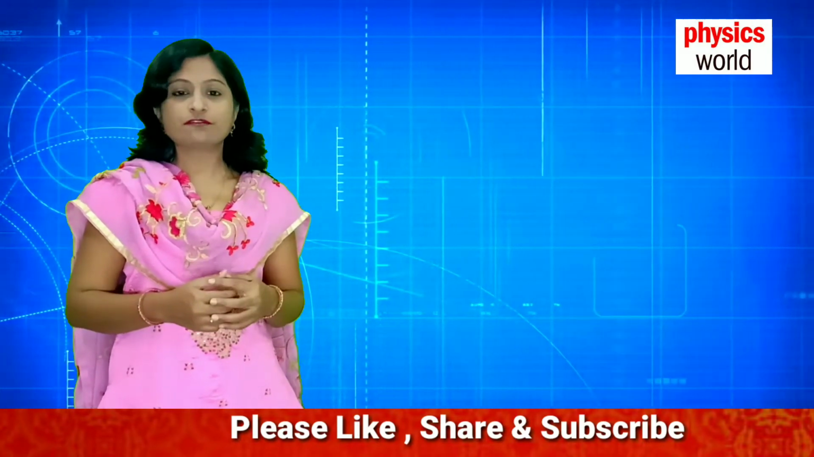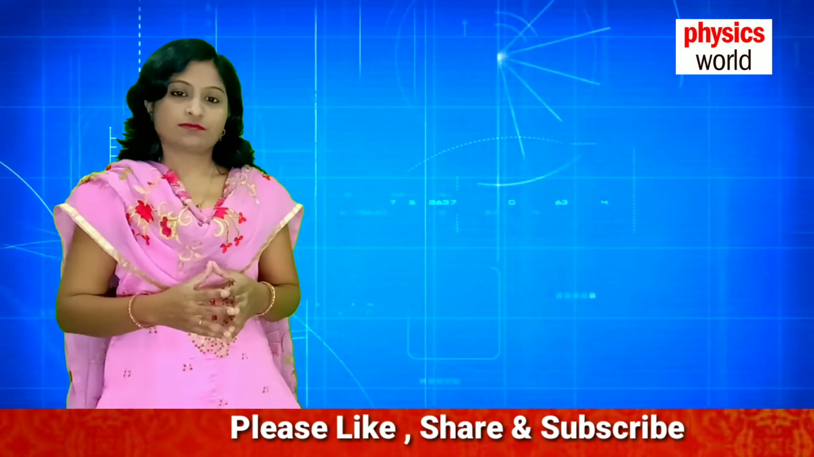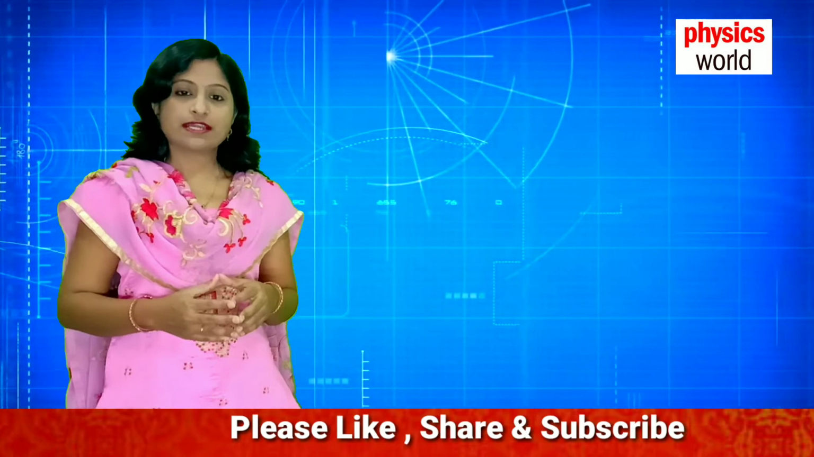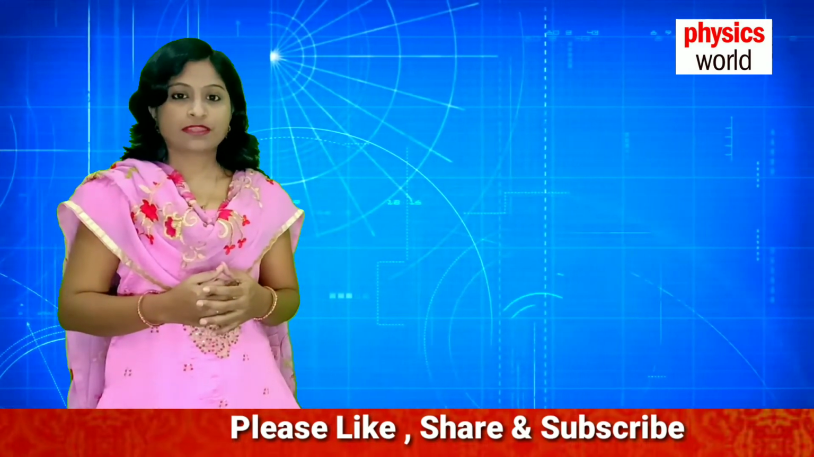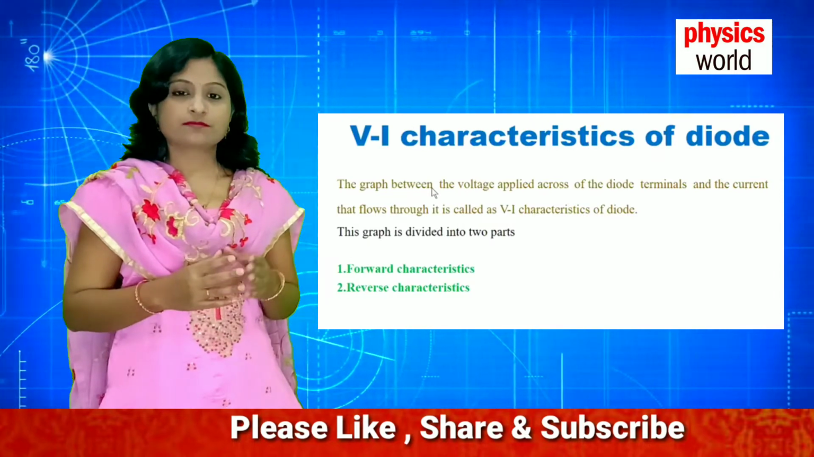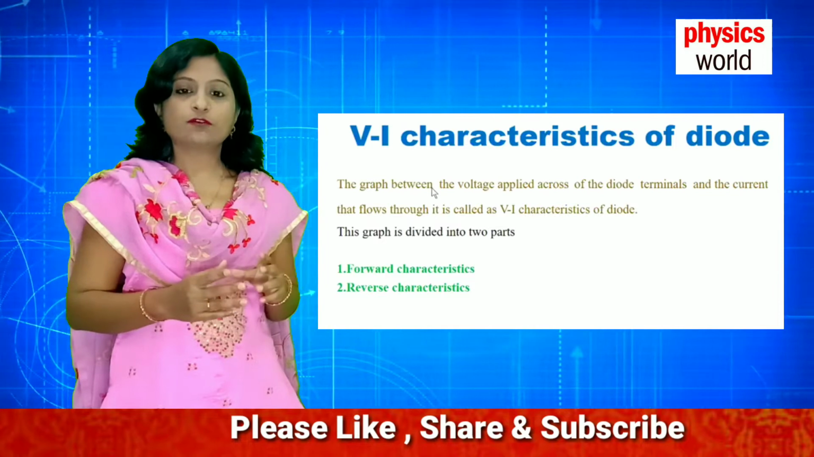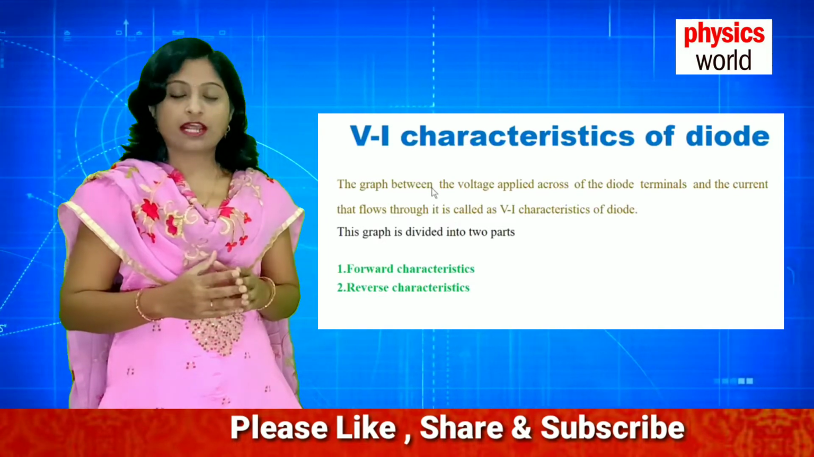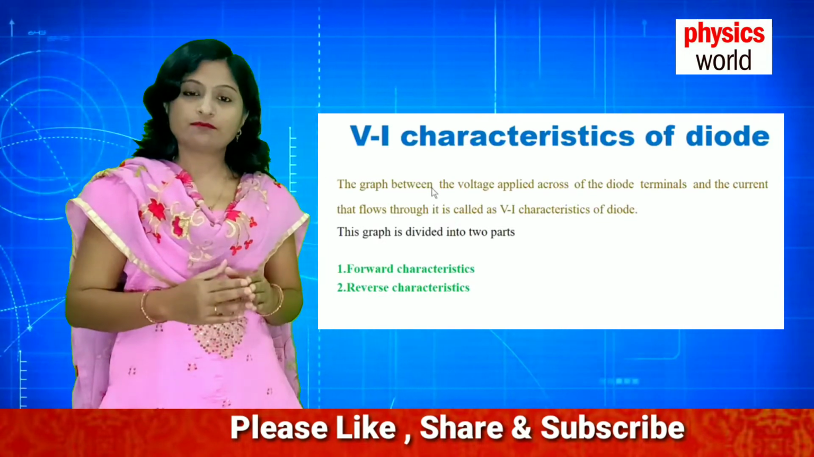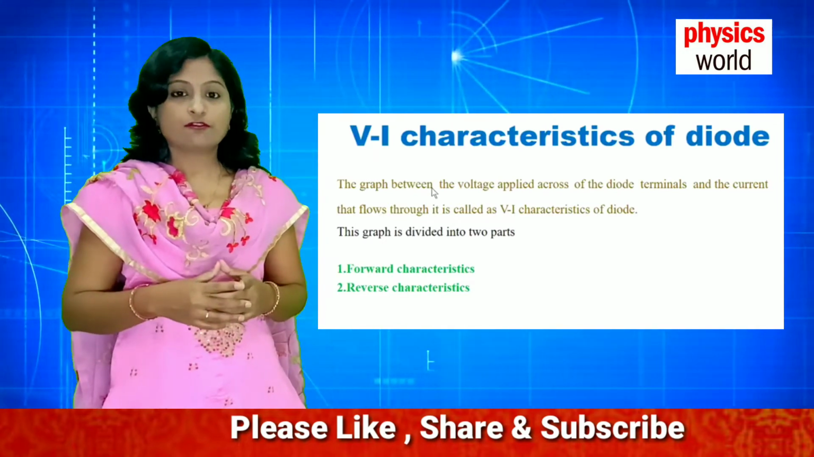In today's topic, we are going to discuss the VI characteristics of the diode. First of all, we'll see what VI characteristics are. VI characteristics means the graph between the applied voltage across the diode and the current flowing through the diode. The graph plotted between the applied voltage and the current flowing through the diode is called the VI characteristics